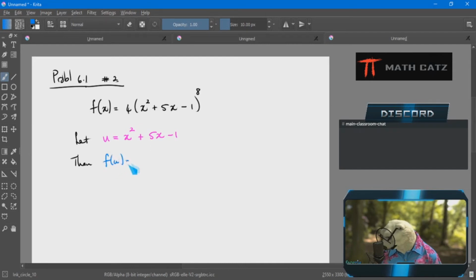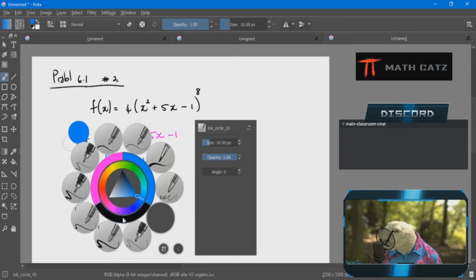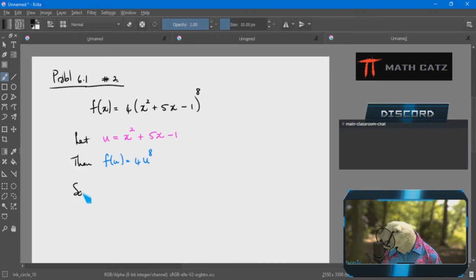F of u, and I just emphasize the u for my personal needs. For u to the 8. That's all I need. So the chain rule says f prime, which is what I'm looking for, my notation that helps me set up the chain rule, and I'll say why in a second, comes in 2 parts. First part